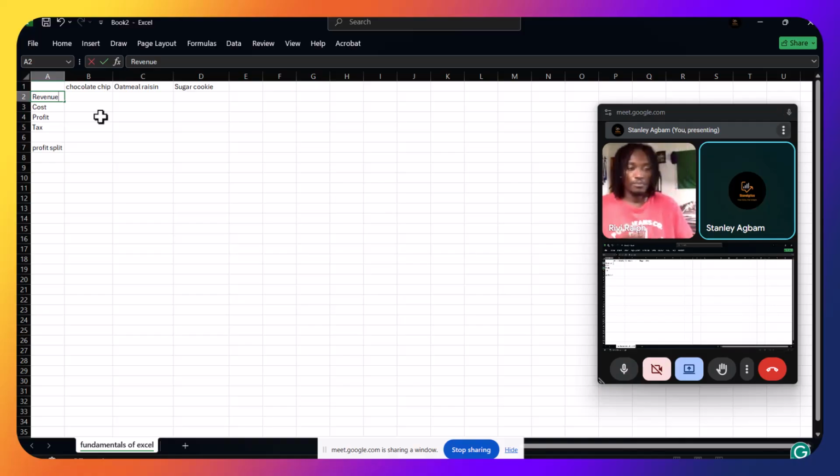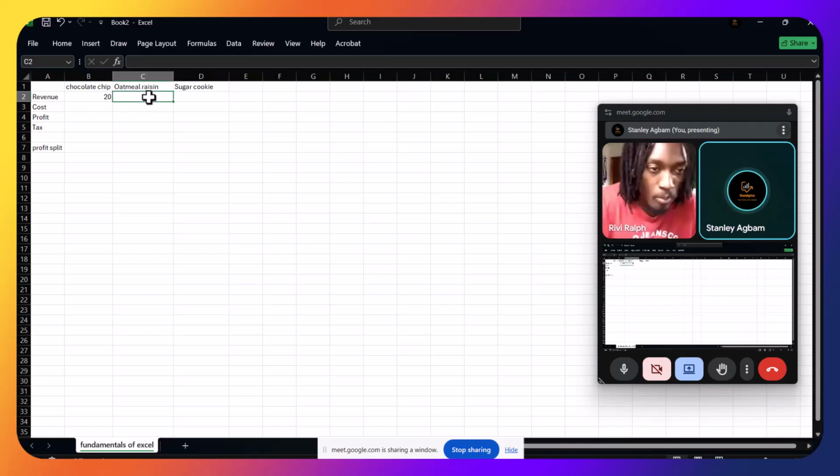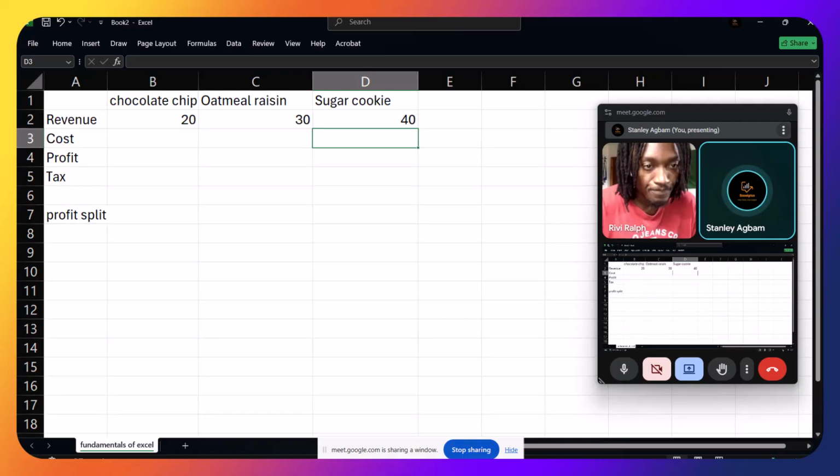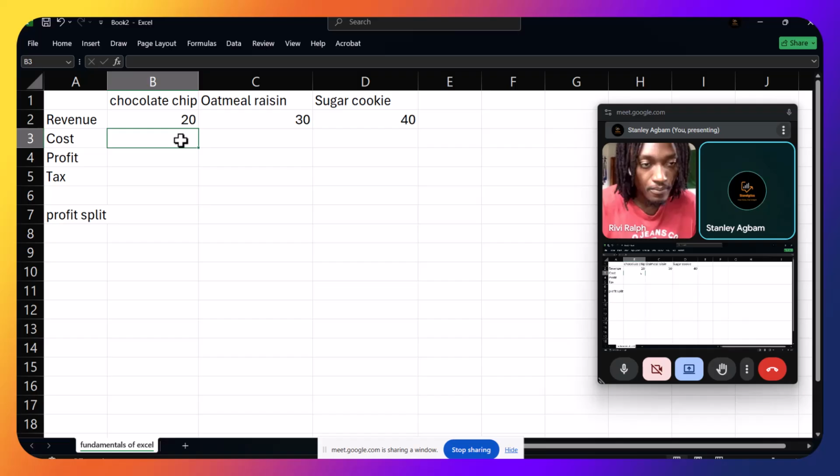Then let's say we made $20 from the chocolate chips. Let's say we made $30, and sugar cookie, let's say we made $40. So these are all the information that the company has given us access to, and then we want to insert it in Excel to make sure it is well organized and well detailed for us to be able to conduct our analysis with it. Now the cost, let's say we made $4 on chocolate chips, oatmeal raisin,